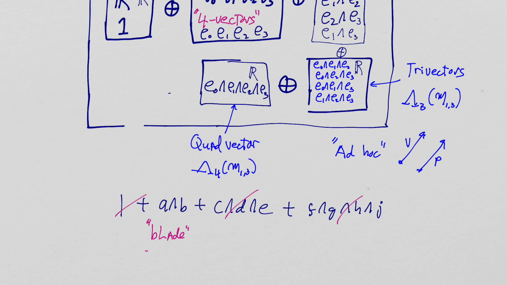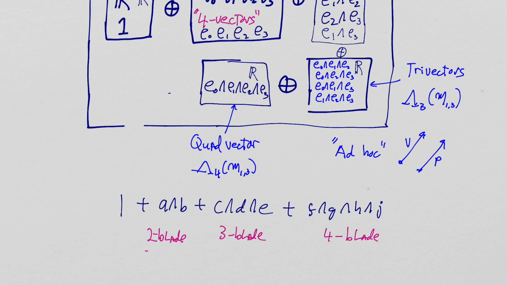And in fact, this would be called a two-blade. Now, I know we've already said this, we're going to call it a bivector, and a two-blade is a bivector. The reason we want to go with blades is we don't want to say bivector, trivector, quad vector, quintavector if they were a larger dimensional space. You can't have more than a quad vector, of course, because if you wedge another vector to it, you're going to get 0. But this would be a two-blade, and this would be a three-blade, and this is a four-blade,